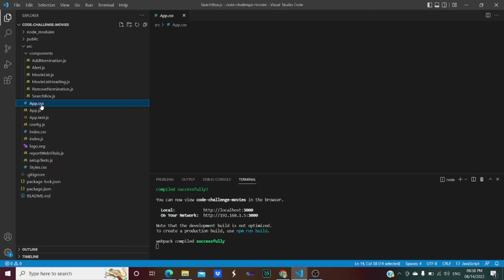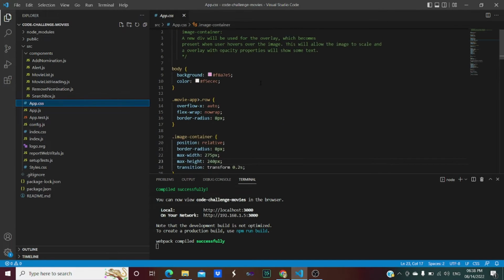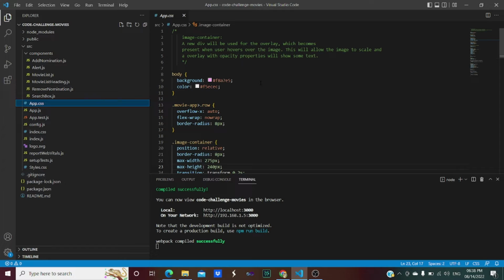After that, there is a CSS file. Obviously, CSS file is needed as I want to provide different kinds of features like hover feature on that movie, so that title and year and nominate button is displayed. Then I don't want to display just the title and year, but along with that I also need to display the poster of the movie.